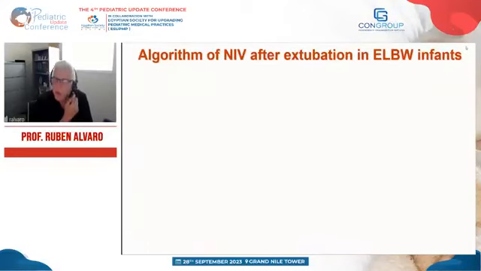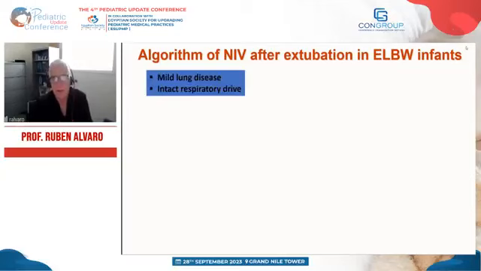So here we have an algorithm that we are using right now in our units that helps us to decide when to switch to NIV or not. So if you have a baby that has mild lung disease with an intact respiratory drive, we usually extubate those babies to nasal CPAP using a PEEP that usually is about 1 centimeter water higher than the PEEP that baby was requiring